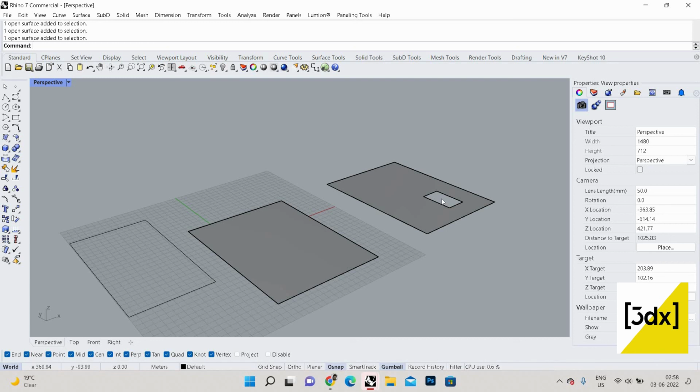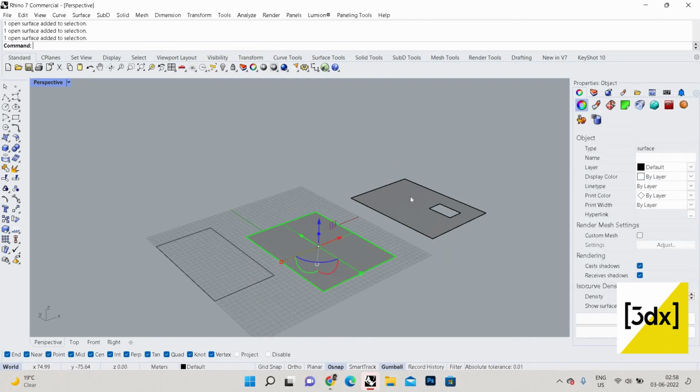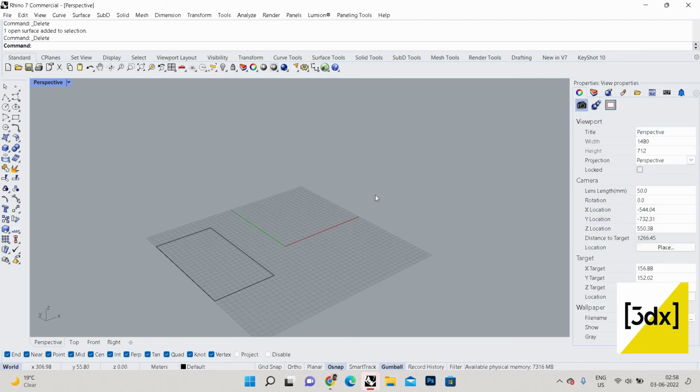In Rhino, it doesn't affect you that much, but when you go into Grasshopper, always remember this terminology called trimmed and untrimmed. So trimmed is a surface which we create directly from the Rhino command, but untrimmed is like you create a surface and you do some correction, and that's said to be untrimmed. So here both come under the same category, open surface, but in Grasshopper it has a different category. That's why I need to show you what is a trimmed and untrimmed surface, so that at that time you don't get confused. Okay,